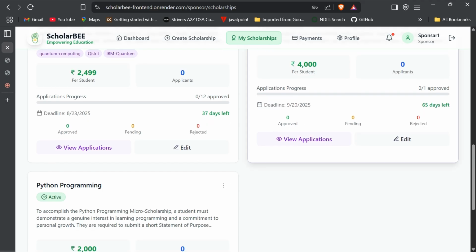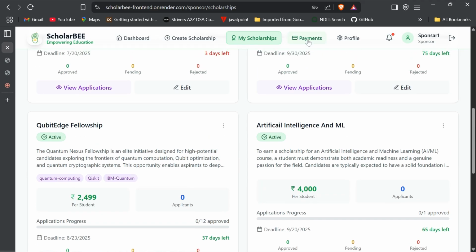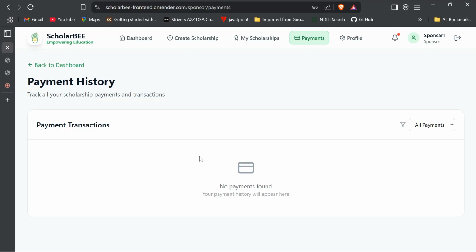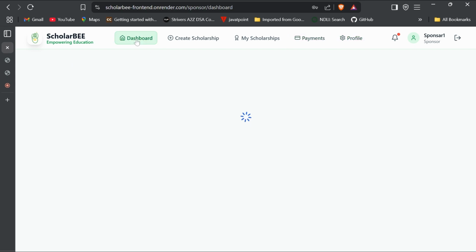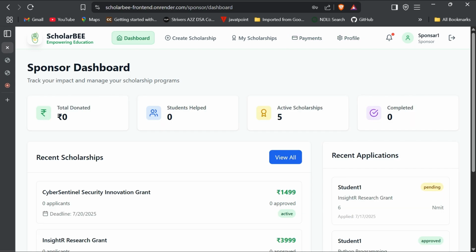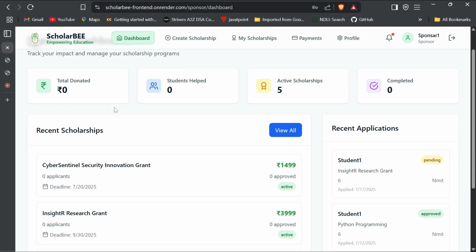These are all the scholarships published by this particular sponsor, and this is the payment transaction, which shows what amount of which scholarship has been reimbursed into the account of which learner. This is the dashboard, an important highlight of Scholar, which contains the total donated amount, the number of students helped, the active scholarships, which is currently 5, and the completed scholarships.